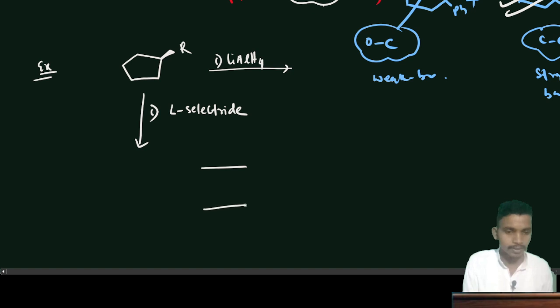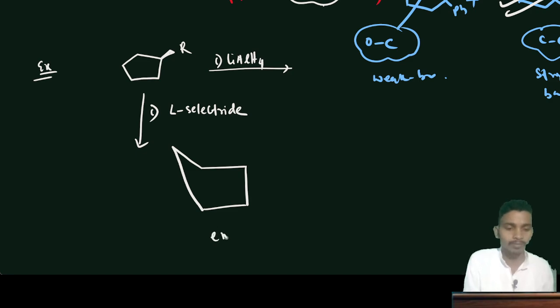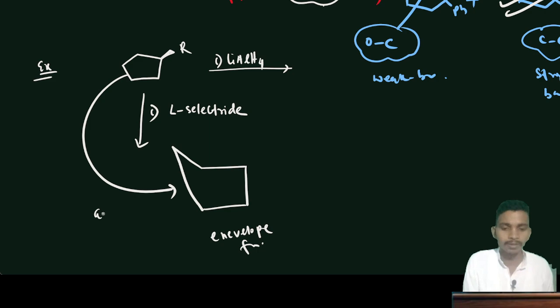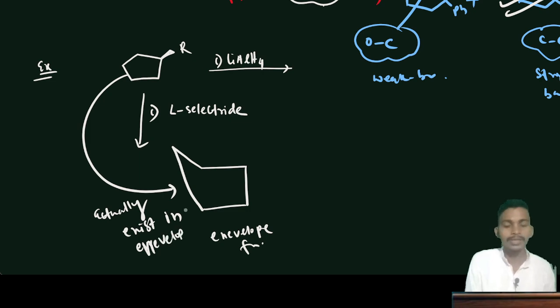Envelope form means this will be there, after that this is coming like this. Okay, this is the envelope form. That 5-membered ring actually exists in envelope form. Okay, so whenever stereochemistry is mentioned, first convert to where it actually exists, because stereochemistry will depend only